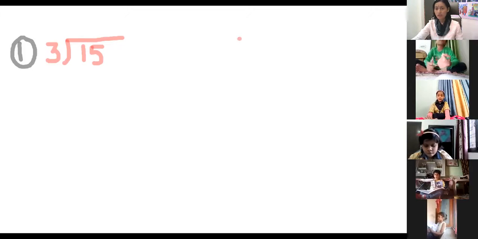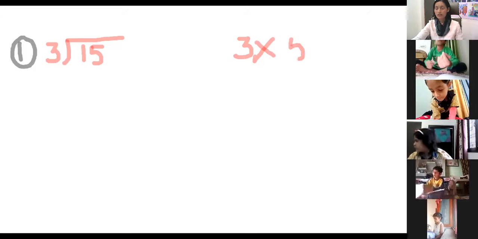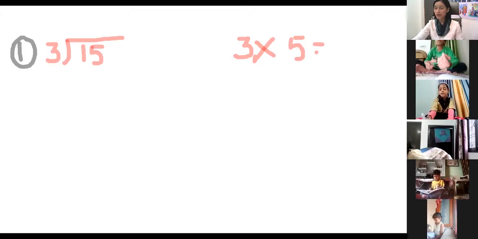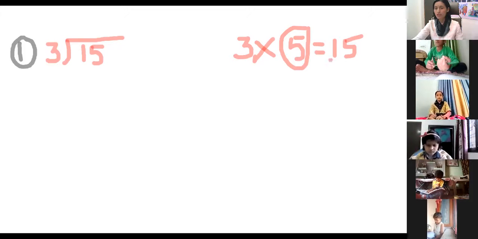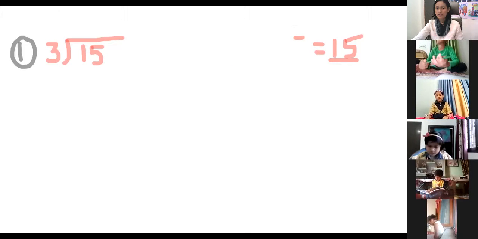Now we can write down in the rough paper. 3 5s are 15. That you have to do in rough page, not in the copy. It is rough work. Okay. So the answer will be 5 because 3 is already there. What is left? Only 5 is not there, right? So what will I do? I will write down the 5 there, right? Clear? So the answer is 5.